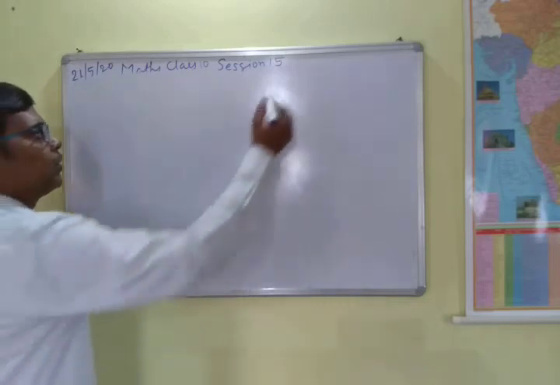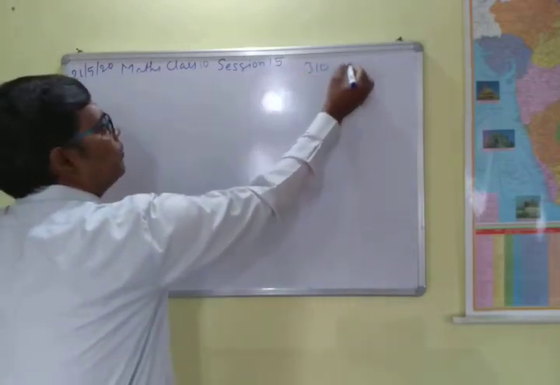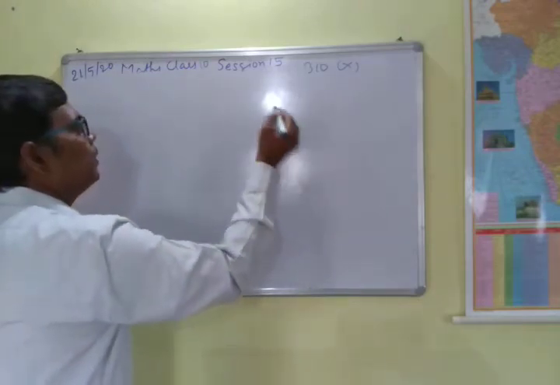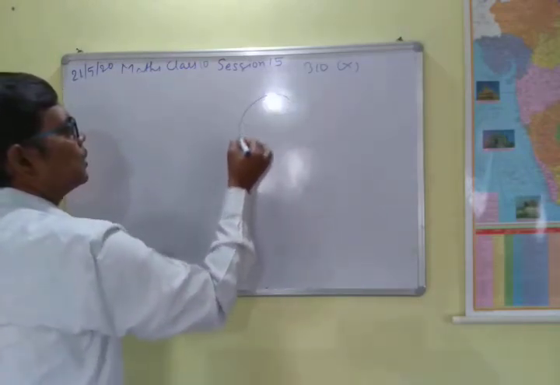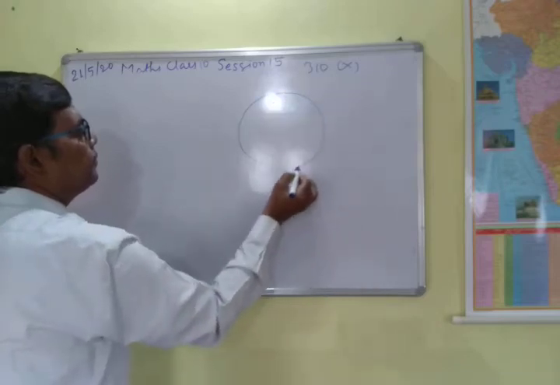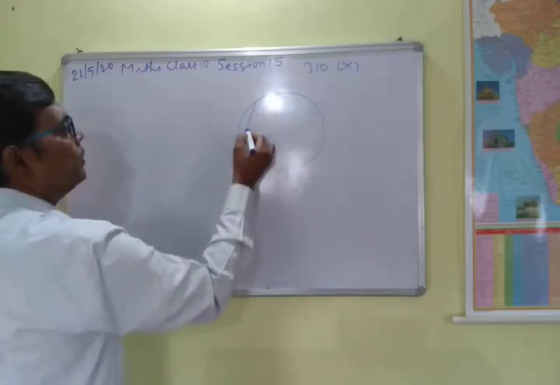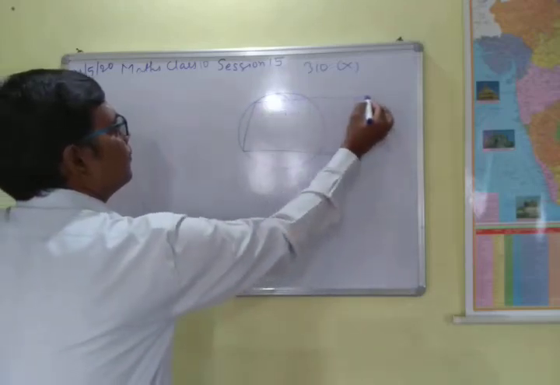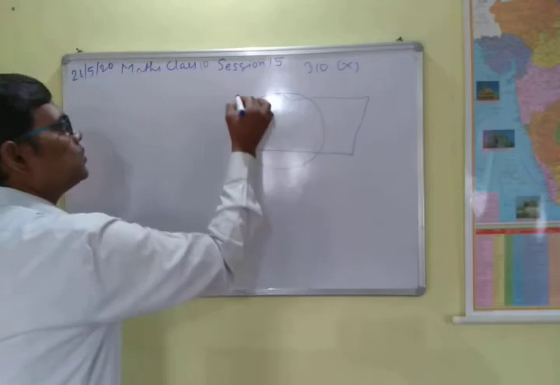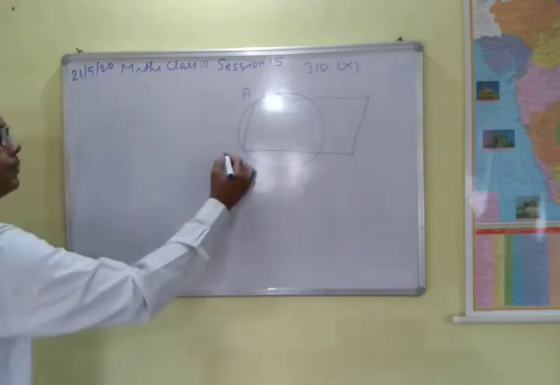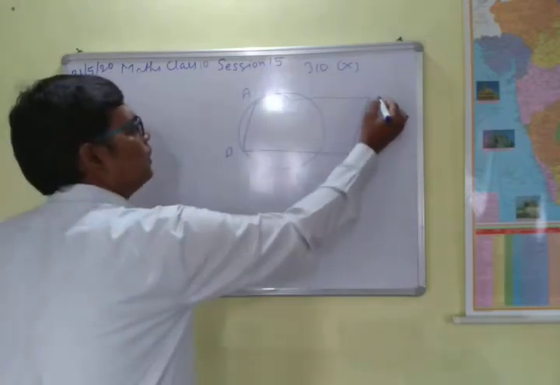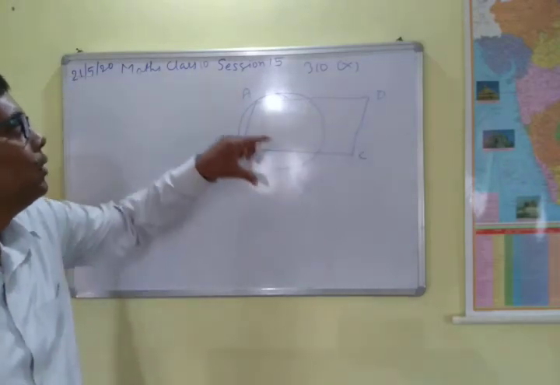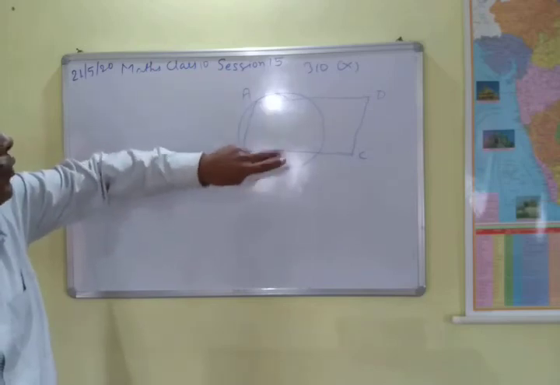So the page number 310 and question number 10. In this question, you are given a parallelogram. So I will draw the first circle, and there is a parallelogram in this. So you have A, B, C, D, and first we have a parallelogram ABCD, and we have drawn a circle which is passing through